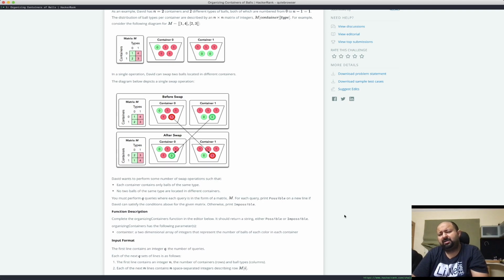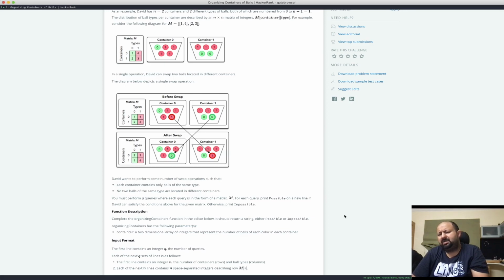And so what I see is, for instance, container 0 has 1 plus 4, essentially 5 balls, right? That's the capacity essentially. And what I also notice is that when you look at the quantity of type 0 balls, there are only 1 plus 2, 3 type 0 balls,